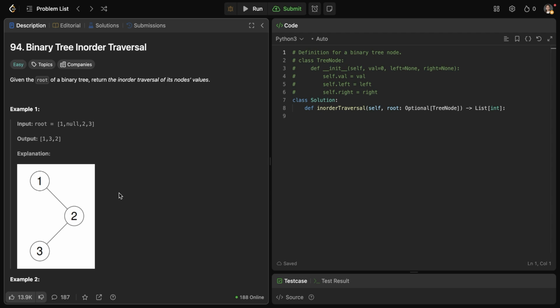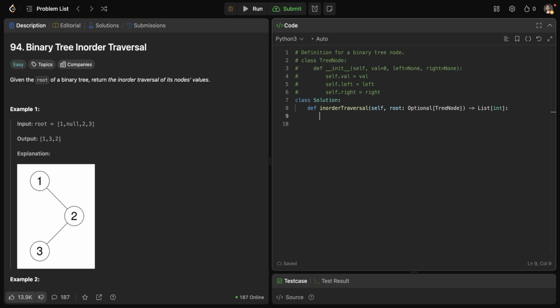So the worst case scenario would be O of n time complexity and O of n space complexity. Now let's code recursion and then we will move towards the iterative approach. So to code recursion, I will first initialize the result variable, and then I will write the nested inorder function, which I'm going to call for any recursion, and I'm going